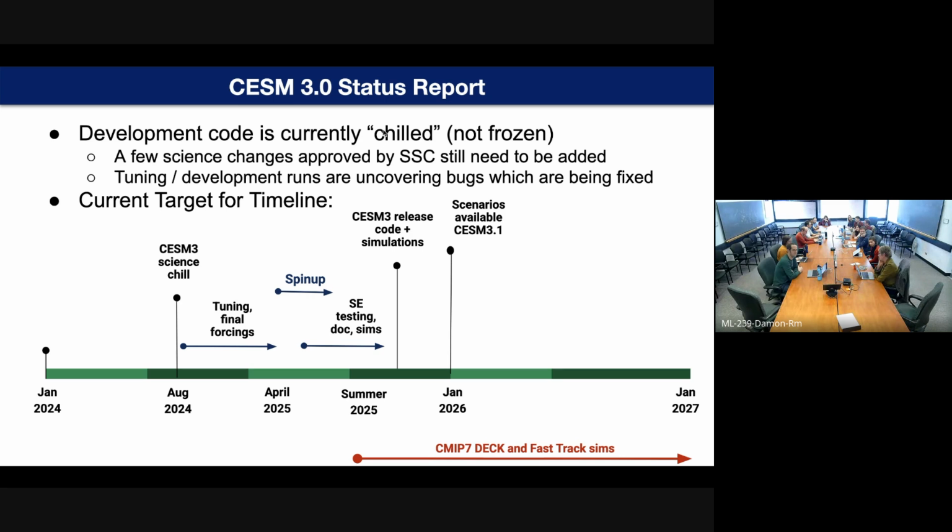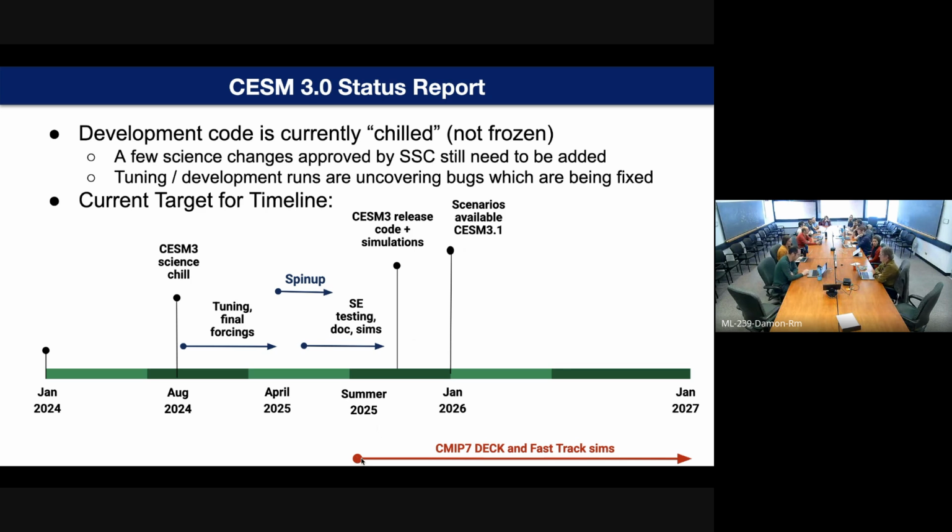This timeline came from a CSM project meeting, I think last week. The basic idea is, the hope is sometime late spring or early summer, we'll have a final configuration of the model that we can start to spin up. While the spin up run is going on, we'll also be testing and writing documentation, doing other simulations. And then somewhere between summer and January, we'll have a release. It's not clear when all the CMIP forcings will be available, but hopefully we can start some big runs